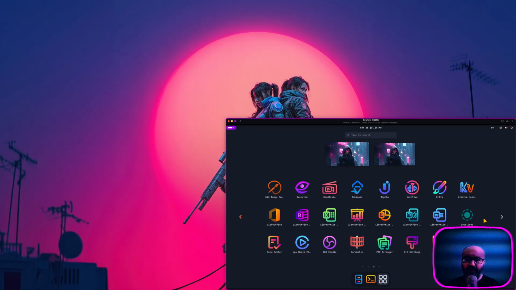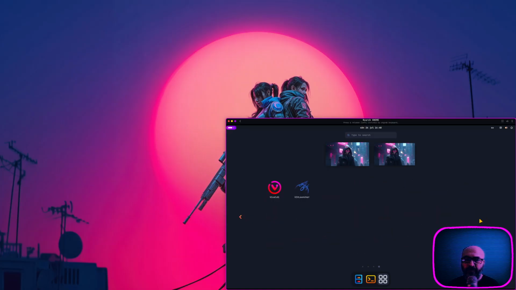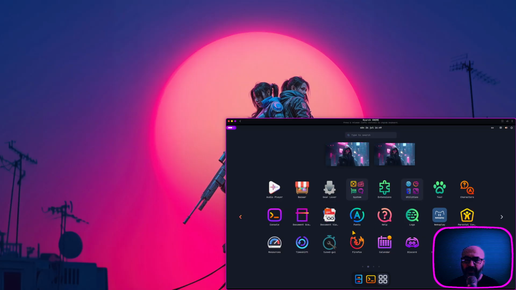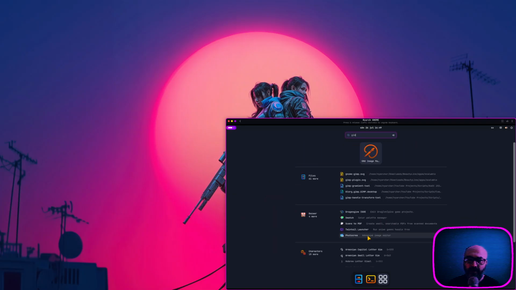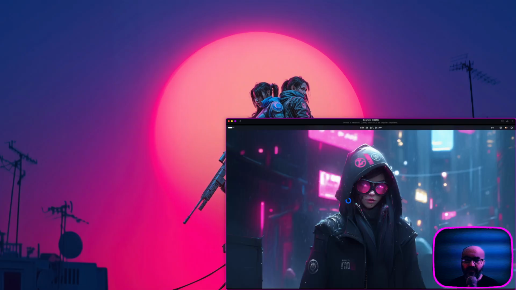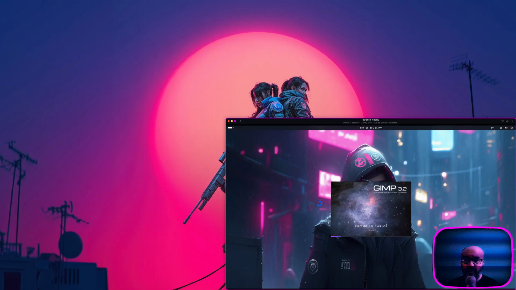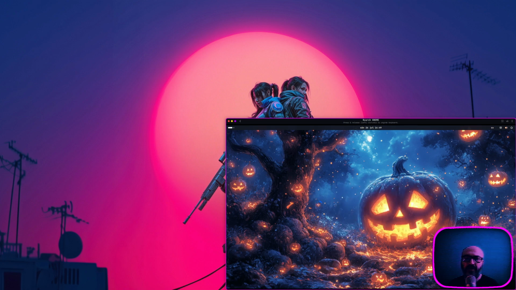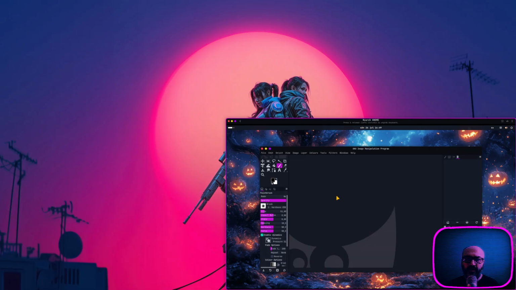As you can see, I've installed my apps as well. So if I try to load, I don't know, let's go with the usual suspect, GIMP maybe. Let's try GIMP. So these two, it will adhere to my theme just fine. So all I'm trying to say is that 100% of the stuff that you will see on the guide will be on point.